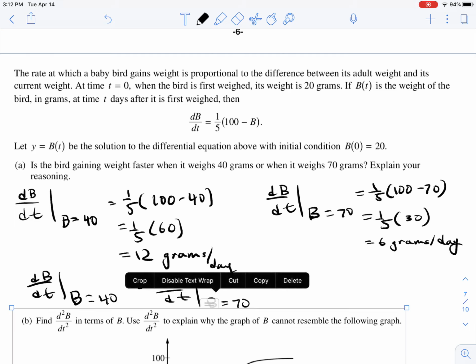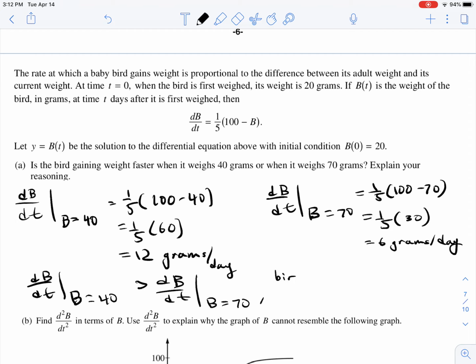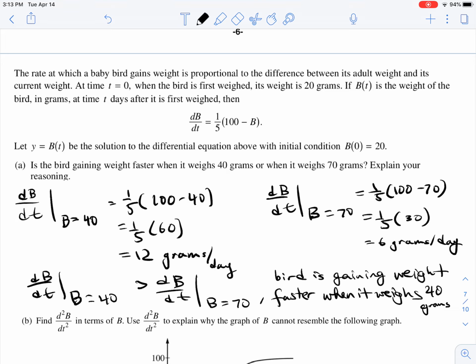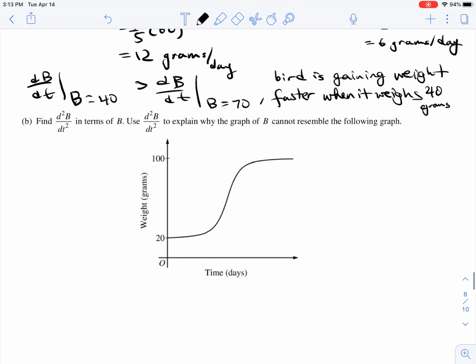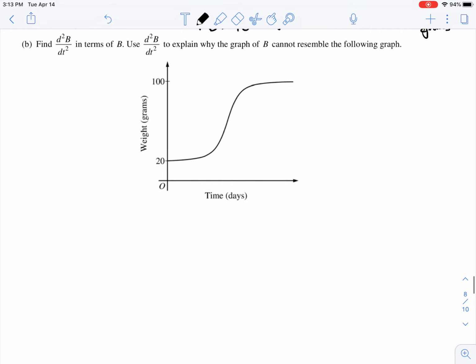Therefore, we can see that the bird is gaining weight faster when it weighs 40 grams. Just write that underneath. Okay. All right, so that's the first part. So we were able to figure out that the bird is gaining weight faster when it weighs 40 than when it weighs 70. Now in the second part here, they're giving us this second derivative, or they want us to find that,